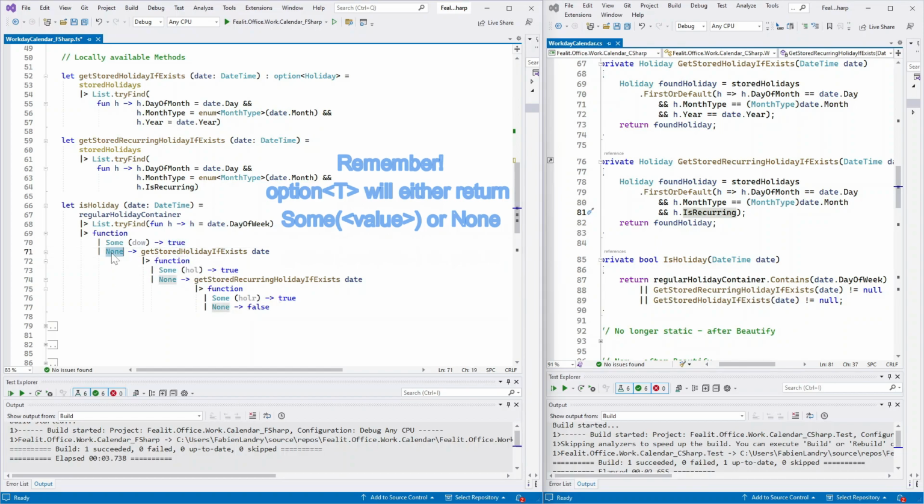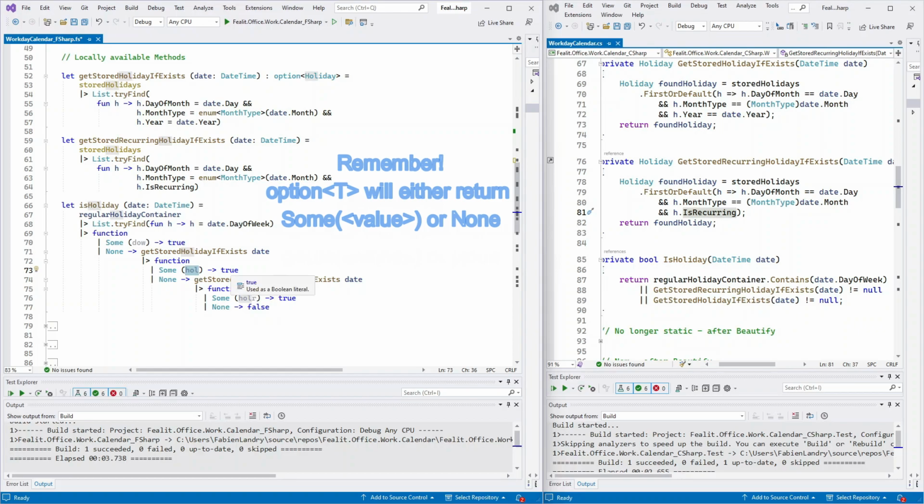If it's none, we return get stored holiday if it exists by passing in the date parameter. Then we pass the result of it to a function. If it has a holiday,